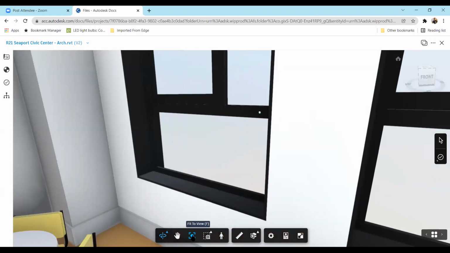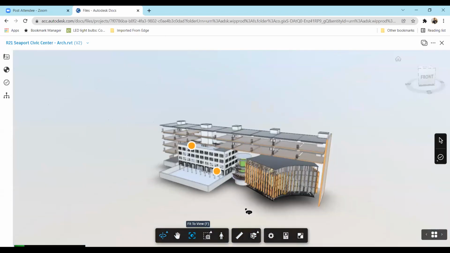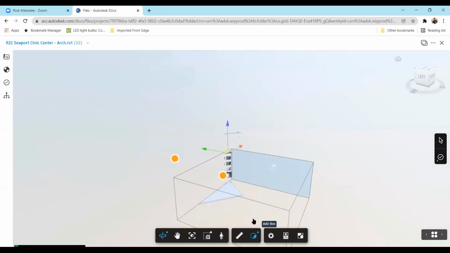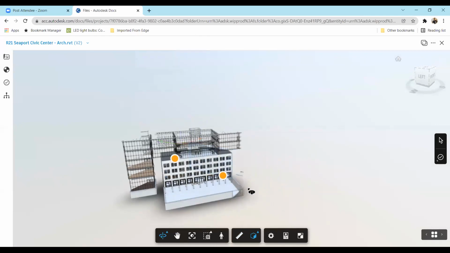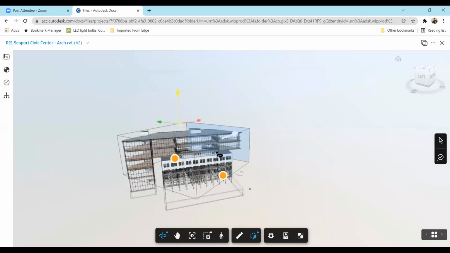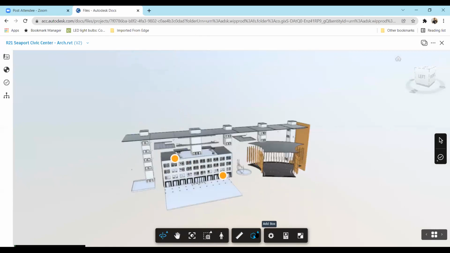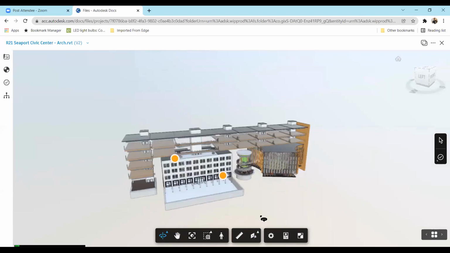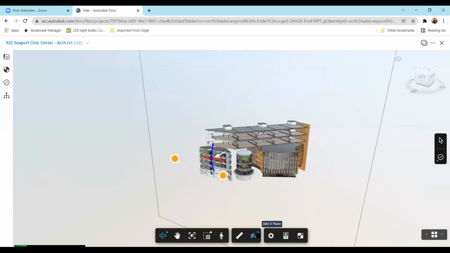So if I just go for fit to view, I'll be able to go and see the section and then do a section box. Then with the section box, of course, I'll be able to see what this model is, how it's looking. Apart from this, if you see that there is some kind of skewness in the section box, then we can obviously go for a section plane rather than a section box. So let's say I want an X plane, or let's say I want a Z plane. That would be the best option.